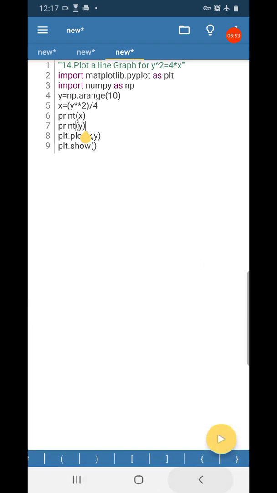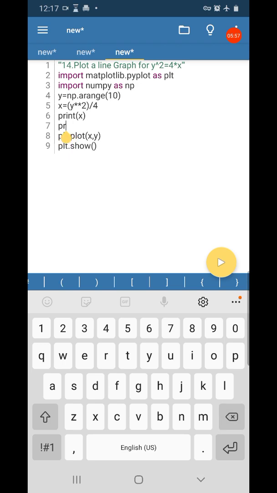Now we can put a title for this. These x and y values are not displayed in the interpreter, but in our computer we can see the values of x and y also.